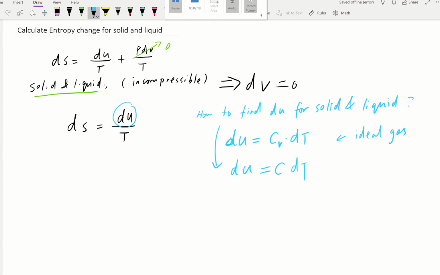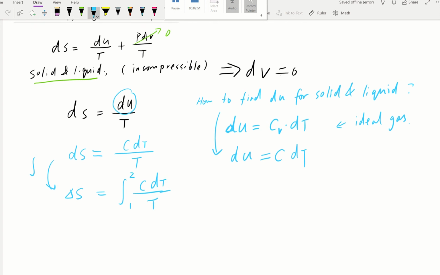Okay, so knowing that, we can continue to look at this problem. Our ds for solid and liquid is equal to du, which will be C dT over T. And our goal is to find the entropy change, so delta S. So we're going to integrate. Delta S is going to be the integration of C dT over T from state 1 to state 2. Let's continue. So S2 minus S1, which is our entropy change, is going to be equal to,